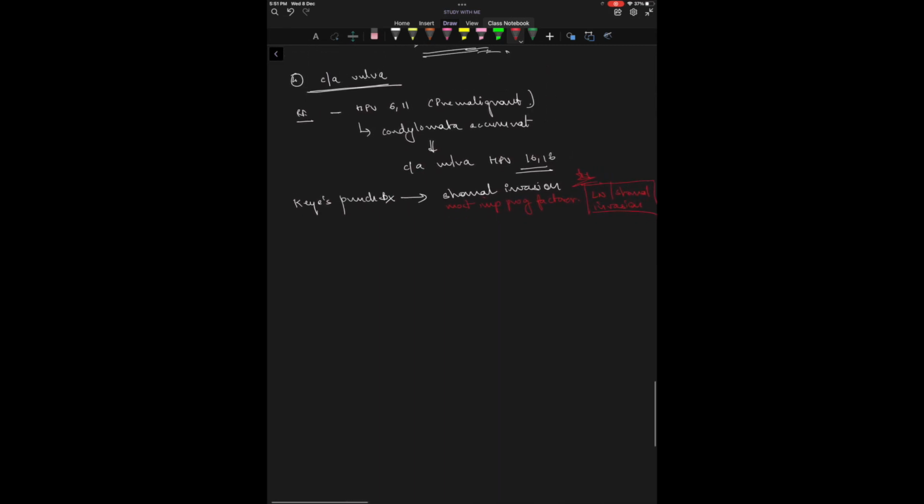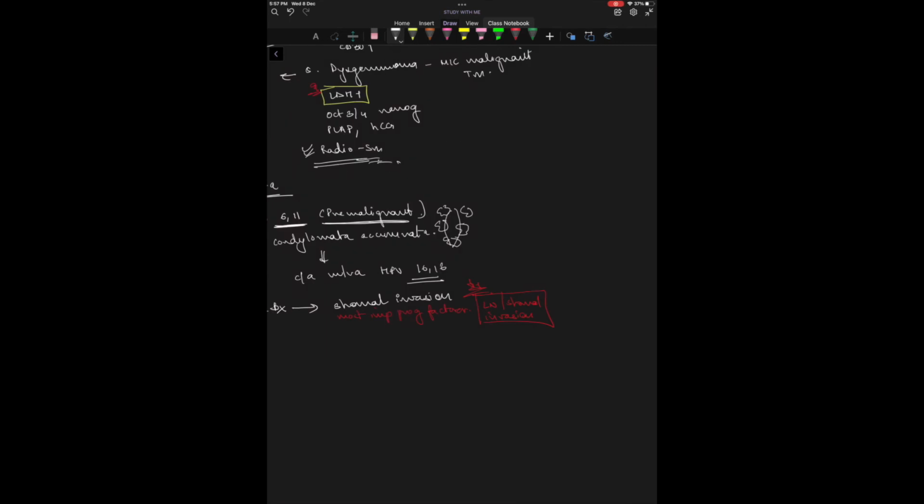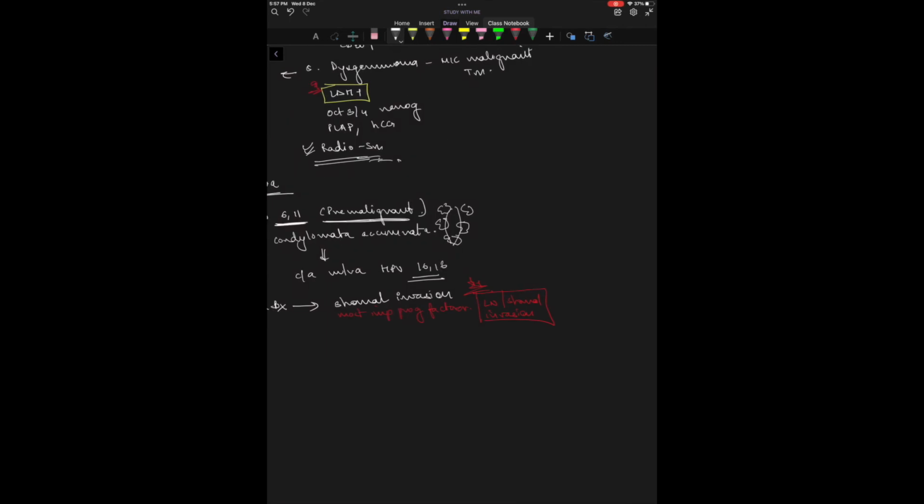Let's talk about condyloma acuminata a bit and the other pre-malignant lesions. So condyloma acuminata we generally read in derma, and what we will see, there will be a picture given of the vulva and warty cauliflower-like lesions on the cervix. They can ask which is the HPV that is implicated in this infection and what cancer can it give rise to. Okay, let's talk about the other pre-malignant lesions.